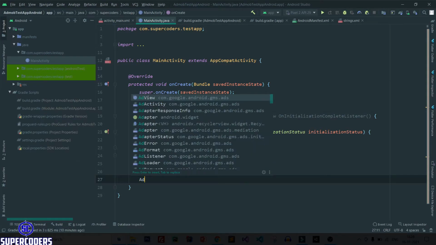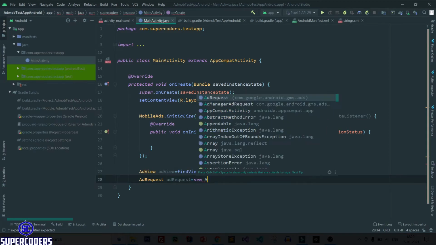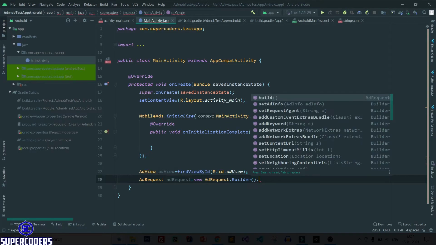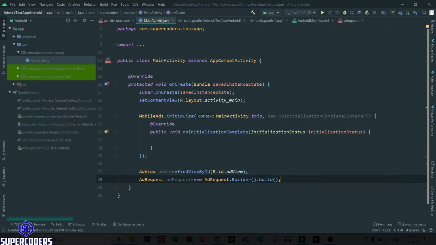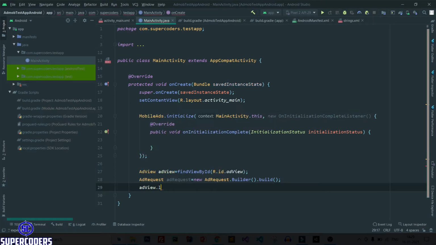So AdRequest object, adRequest equal to new AdRequest.Builder().build(). After that, adView.loadAd and pass the adRequest object. Now let's check whether the banner ad is working or not. So click on run.